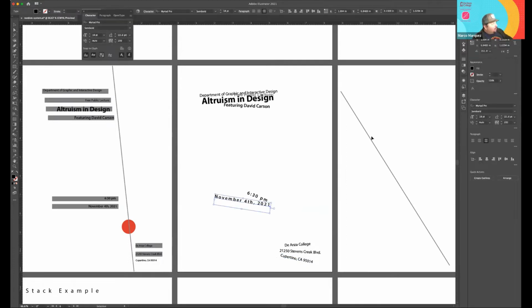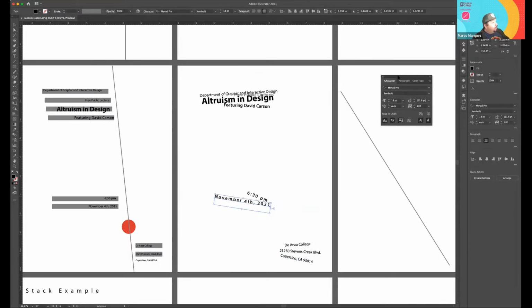Let me launch my type panel and open up the options. So a couple of things you might want to play with. We can also play with the tracking of the text, and that also alters the textural quality of it. We can play with different font weights. We can play with different font sizes